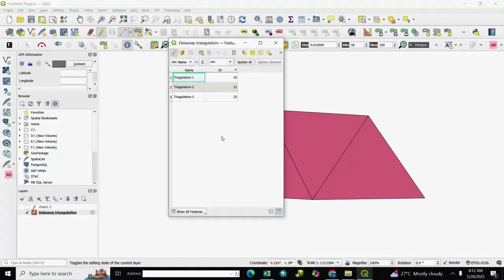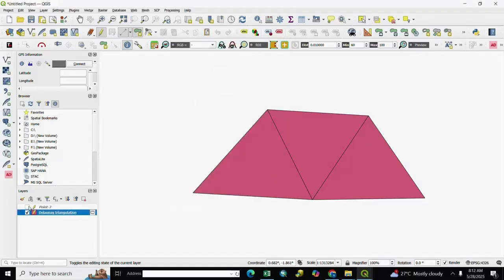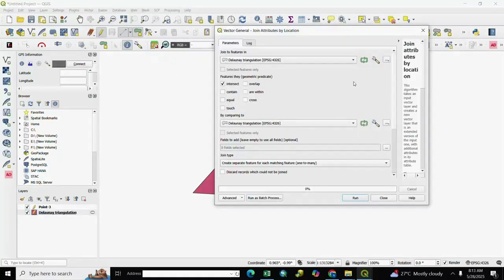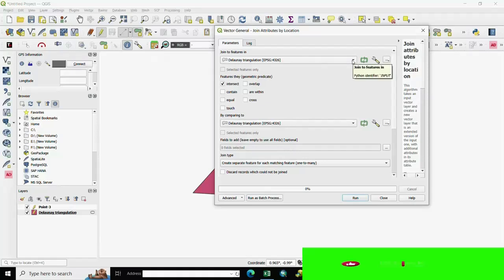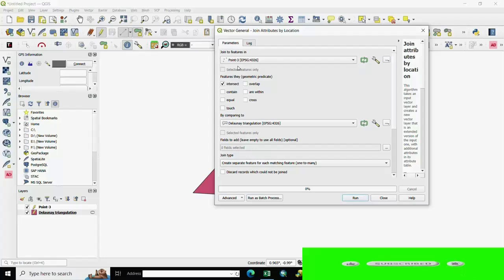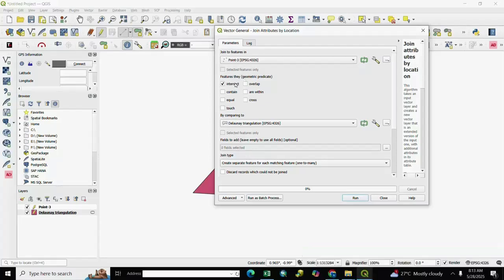We join by location. For join by location, we go to Vector, Data Management Tools, then we select Join Attributes by Location, and we select Join to features in, select the point layer, and here is the geometric predicate. Meaning if you want other types of join, you select any one.